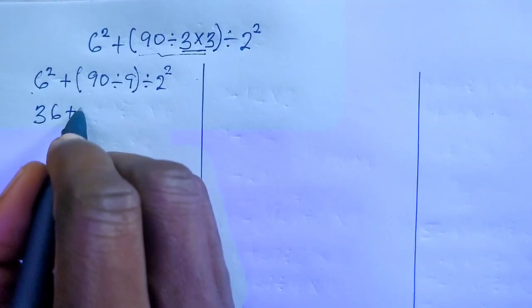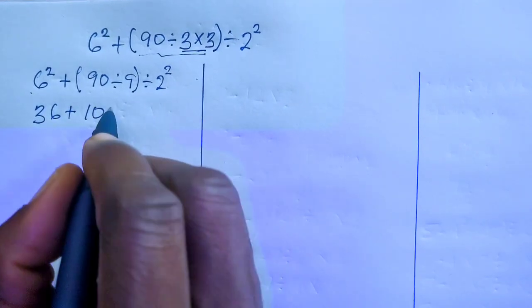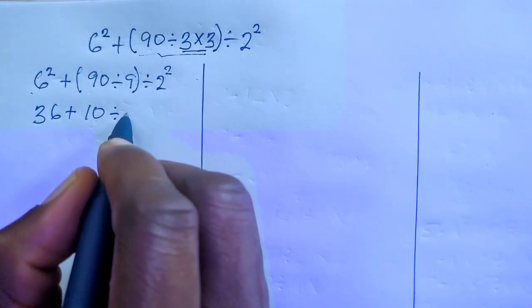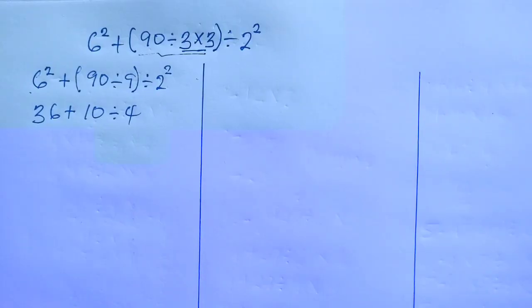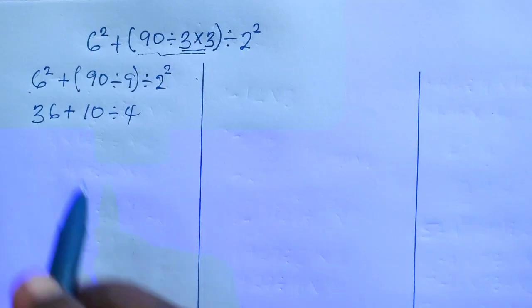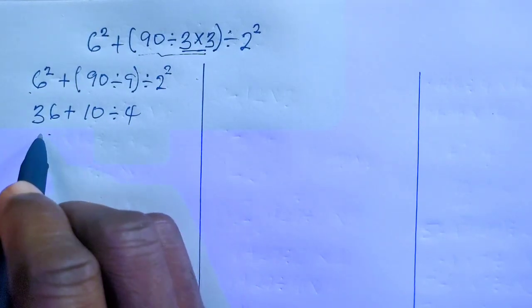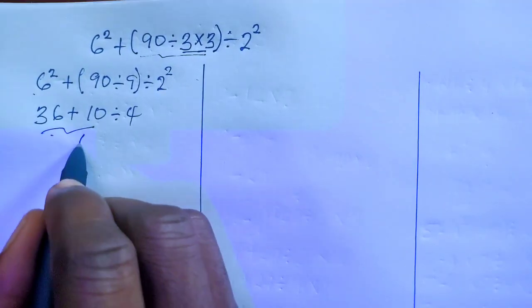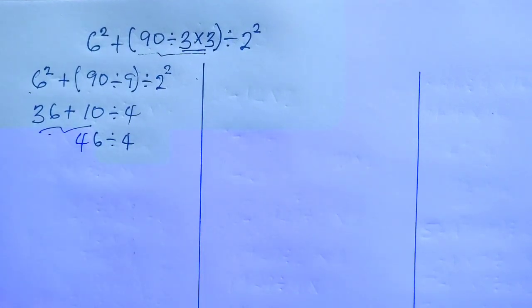in the parentheses they still have 90 divided by 9, that gives 10, and lastly, they consider this exponent here, 2 to the power of 2, that gives 4. Now, at this point, they consider this 36 plus 10, that gives 46, then 46 divided by 4, and here